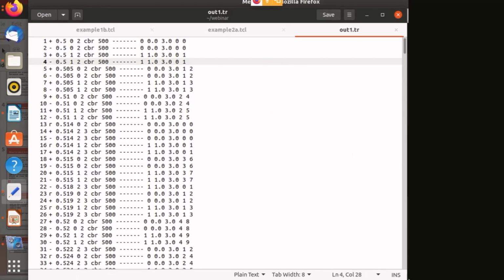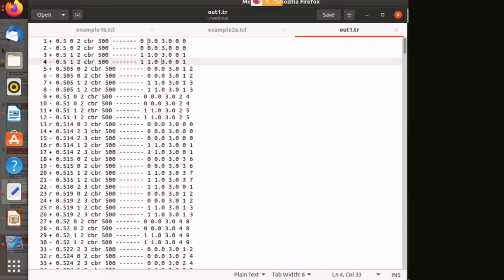Okay, the type of agent. The type of agent is not written here actually. Only through CBR can we understand it is the UDP type of agent. CBR is the data type. Why is it not written here that it is UDP or what else? Because for calculation of output, it is not necessary whether it is UDP or TCP or whatever. If we calculate the packet delivery ratio, number of packets transmitted, number of packets sent, throughput, delay, these things will be our task. So the type of agent is not defined here.